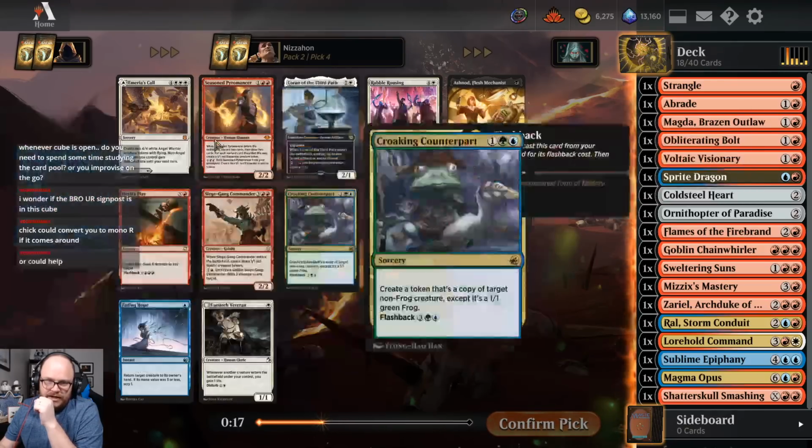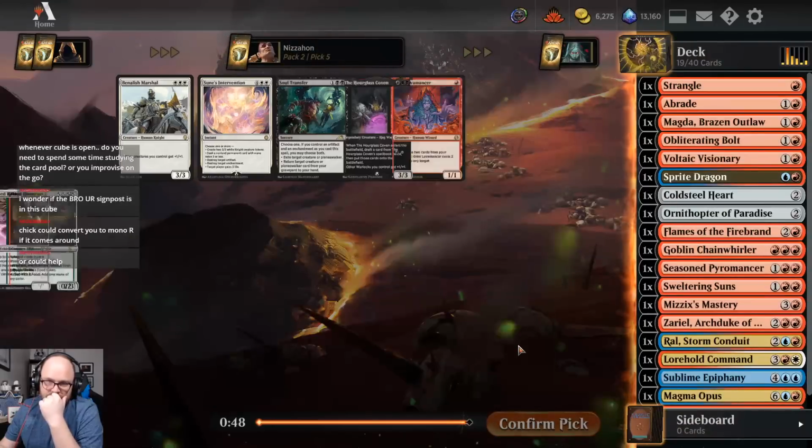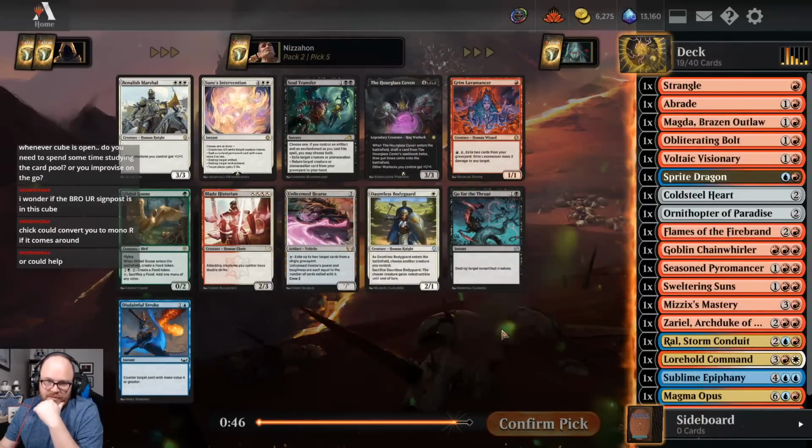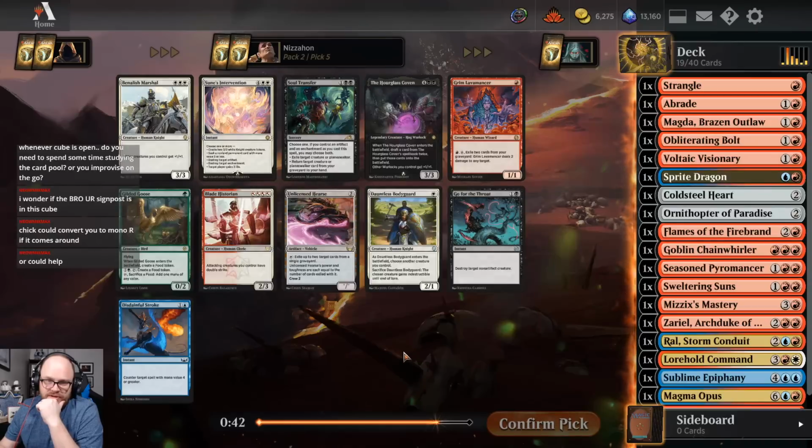But I'd probably take... I think we just take a Pyromancer here. Grim Lavamancer. Unlicensed Hearse. I mean, graveyards are a thing. God, they put this in the format. Lavamancer and Disdainful Stroke. Lavamancer is kind of a non-bow. Disdainful Stroke, I mean, it's better in this format than in some, but